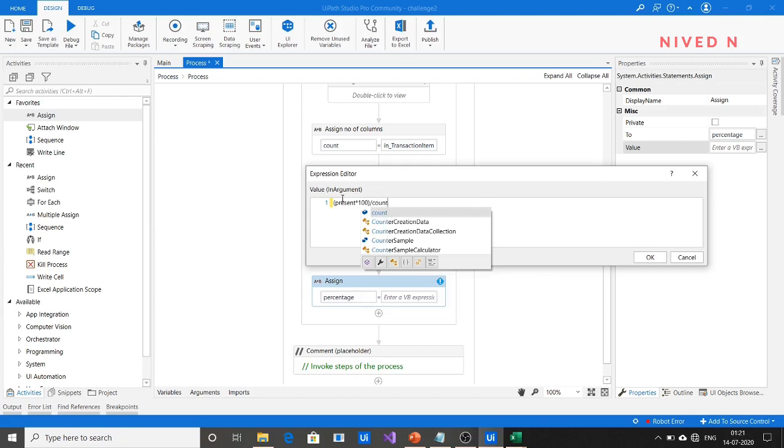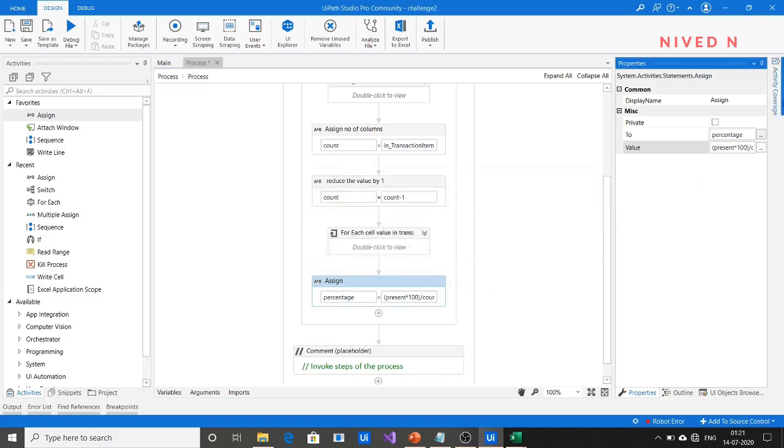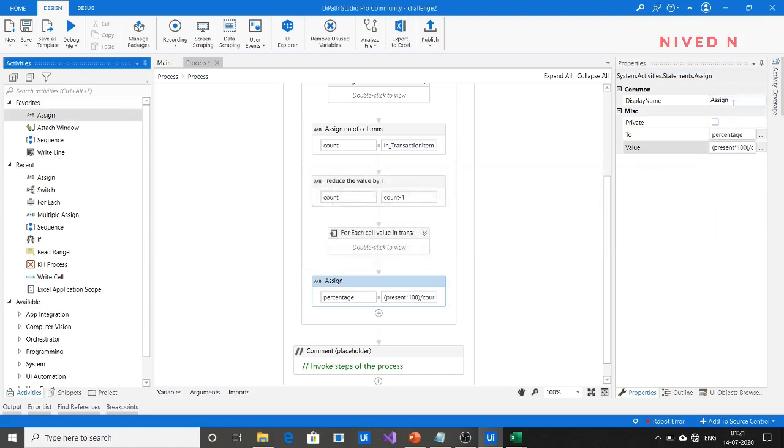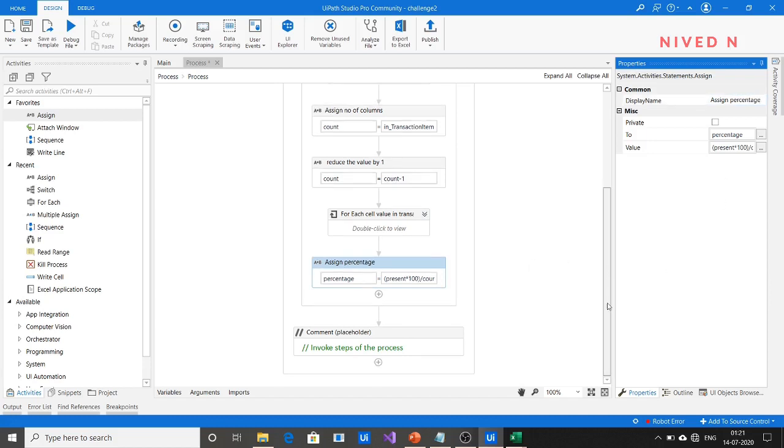I told you it is equal to count itself. So percent into 100 divided by count. You can specify assign as assign percentage. So you have assigned the percentage.